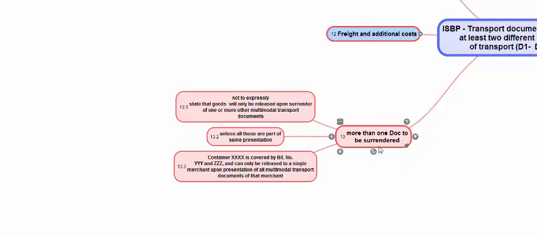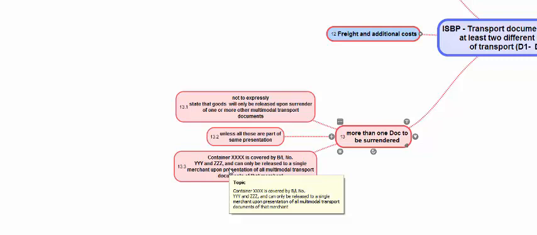When there is a situation where more than one document has to be surrendered, how does it happen? Container X is covered by BL number Y and BL number Z. One container is covered by two BLs, or two different parties have shipped goods and their goods are put into one container, and at the destination point the carrier will not release the container unless both the BLs are given. So if both the BLs are not presented by the same party under the same presentation, and one is with another party, until and unless that party is willing and ready to come and submit that particular BL, the container cannot get released. When the container is not released, the holder of the first BL will not be able to get his goods. To avoid this risk,